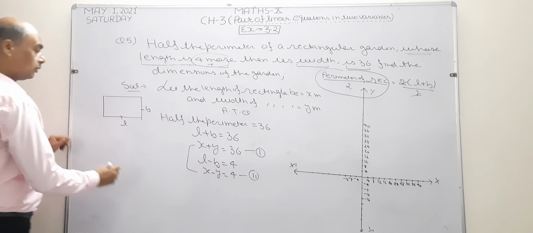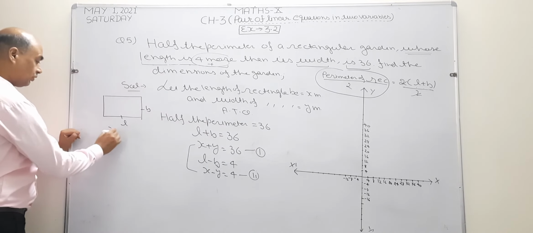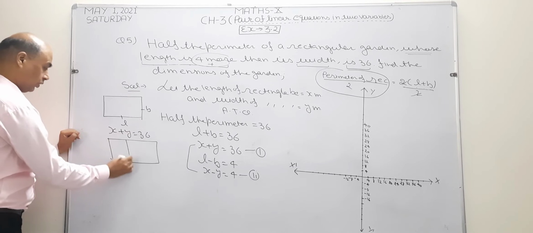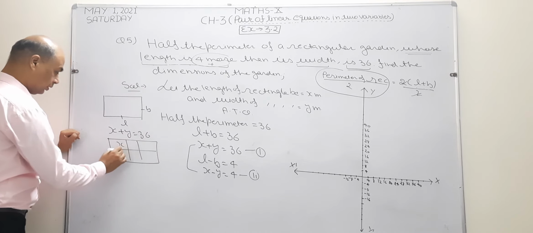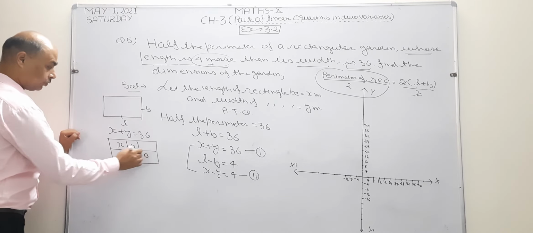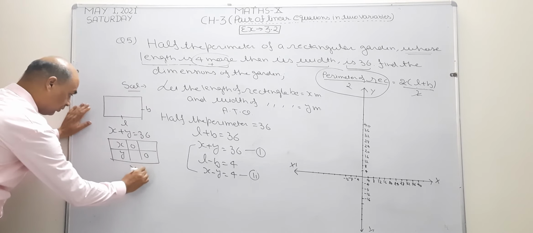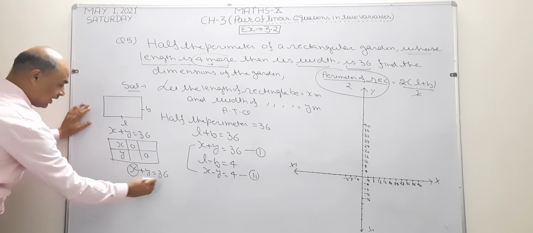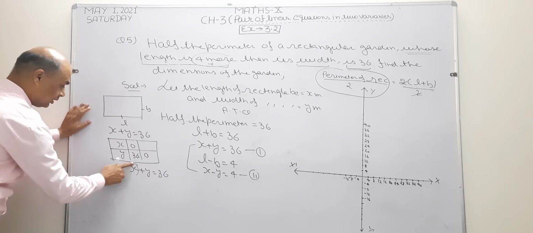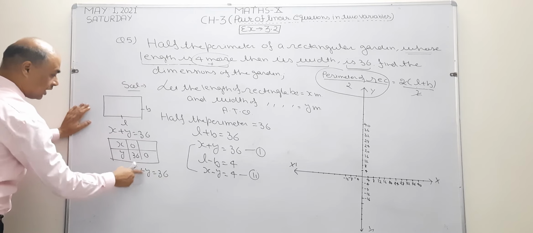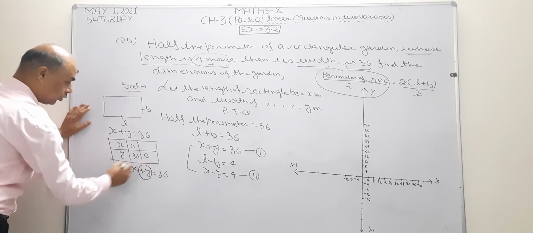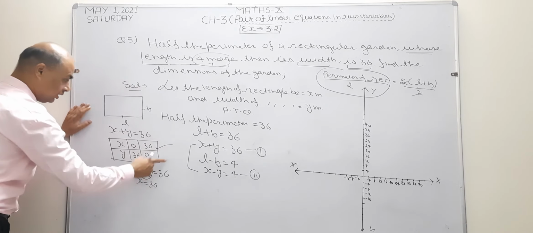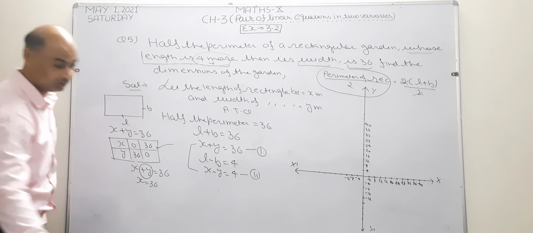So I want to make the table of the first equation. The first equation is x plus y equal to 36. Again I am going to use the 0 0 method. x 0 diagonally y 0. Now write down the equation once again. Take x as 0. When we take x as 0, what is left? y equal to 36. Write here y equal to 36. Write down this equation again. This time I am going to take y as 0. y and its sign both become 0. What is left? x equal to 36. So I write here 36. Very easy. See, the 0 0 method is very easy.